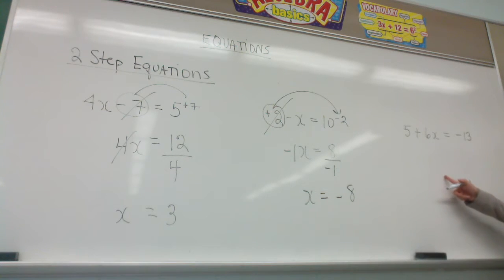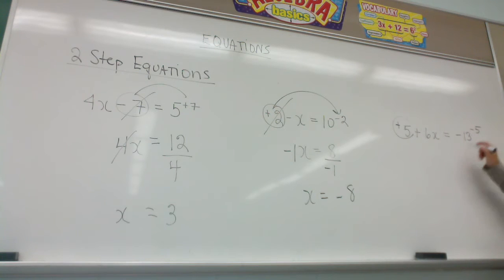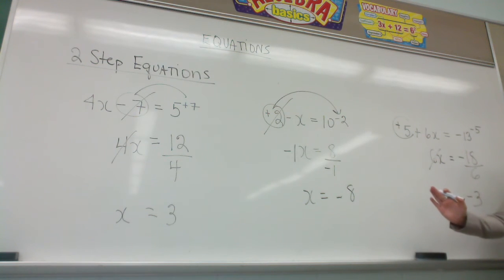And the last question is plus 5 becomes minus 5. 6x is equal to negative 18. This is all calculator here. Divide by 6. X is equal to negative 3. This is all beautiful work that would merit all the marks possible. If you do this for me, you will not only get it right, it will be neat, it will be organized, and it will make